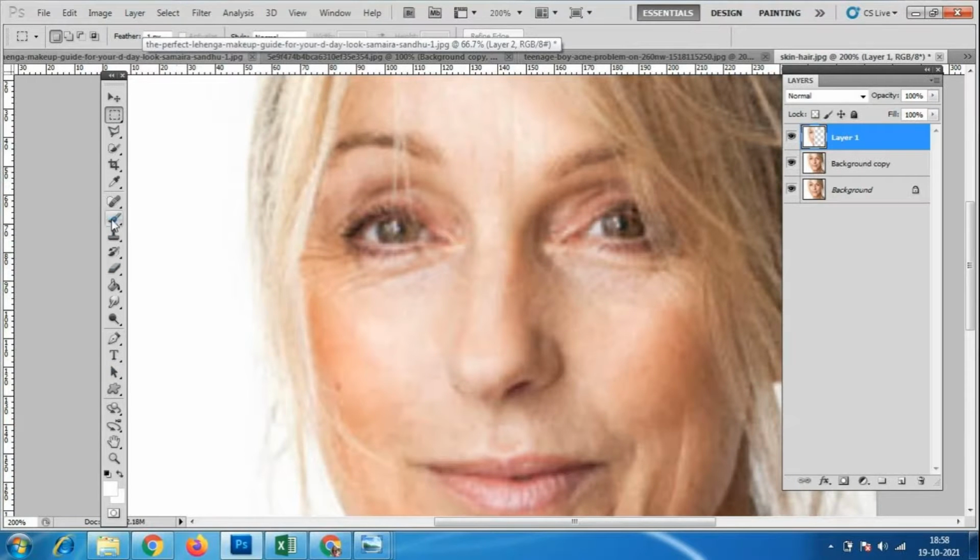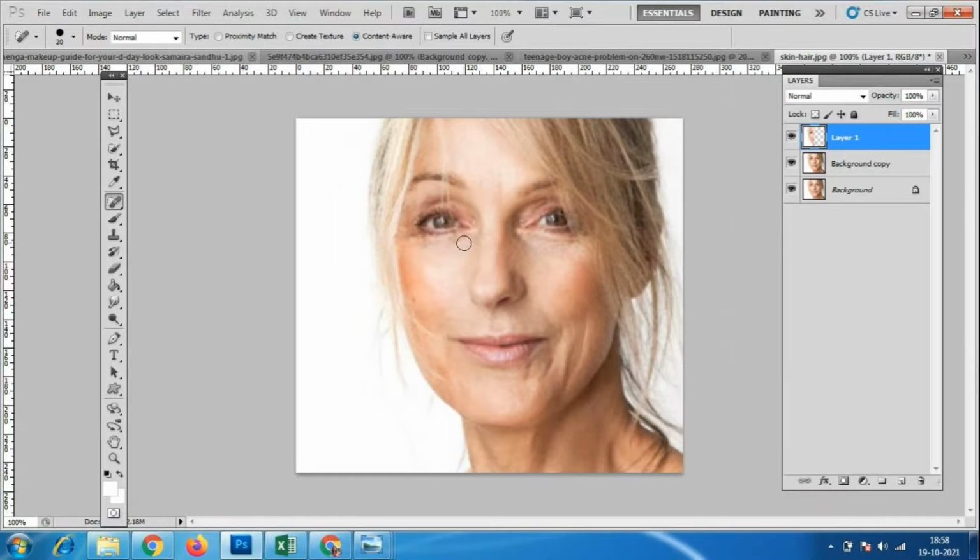I'll go to the spot healing brush tool. This image is not of very good quality.